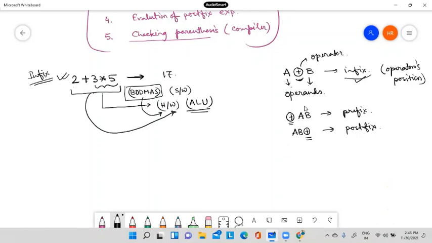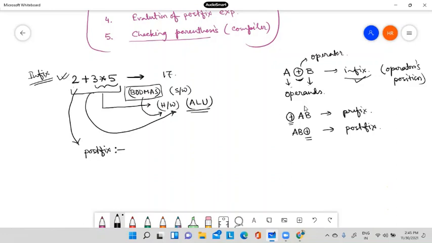But just see, if I convert this infix into a postfix expression using some mechanism, the postfix expression will be like this. Postfix means the operator is after the operands.